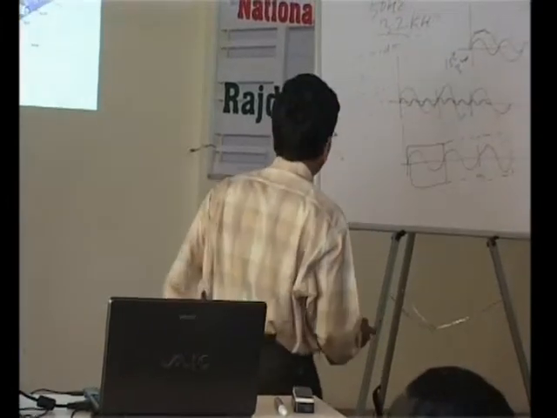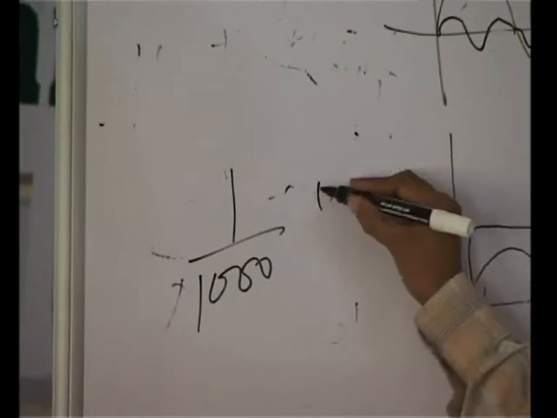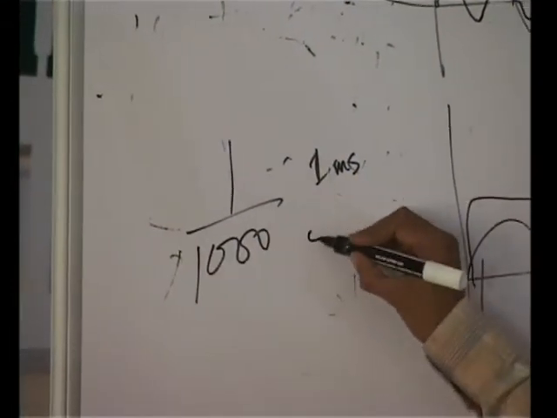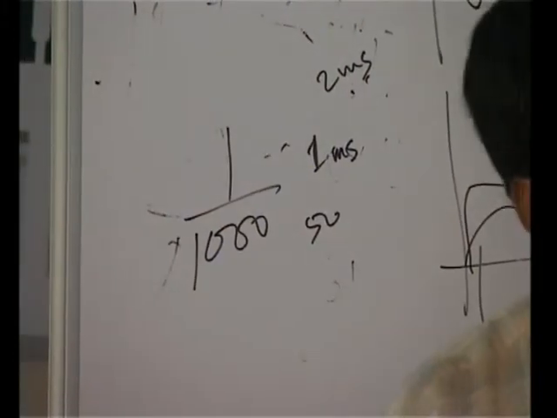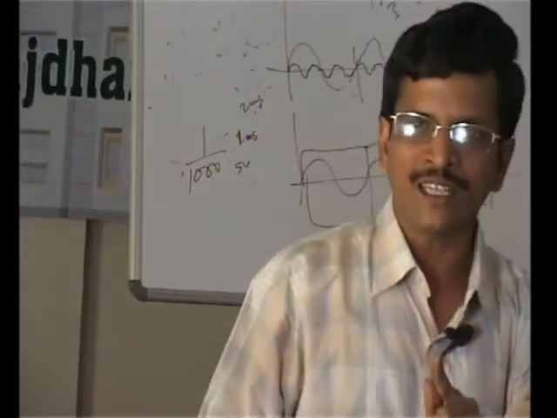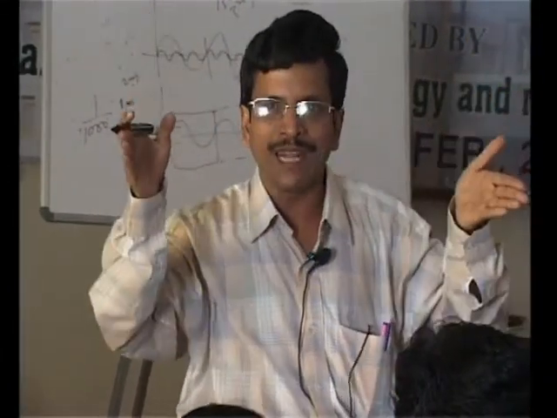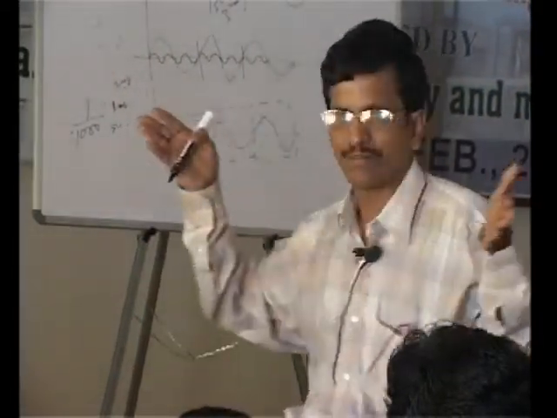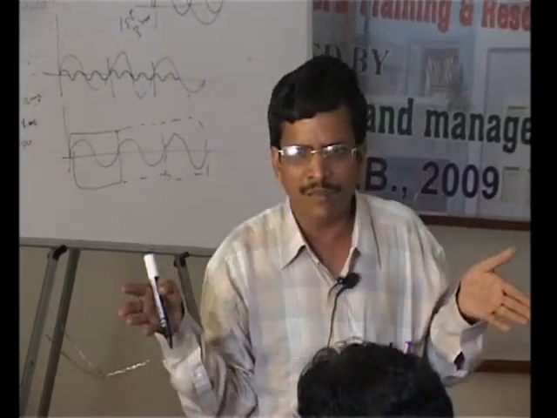Because the time period of 1000 Hz is 1 millisecond. So the time period of 500 Hz is 2 millisecond. So in your signal you have 500 Hz whose time period is 2 millisecond. You have 1500 Hz whose time period is less than 1 millisecond. So if you are taking a window of 8 millisecond, how many cycles of the 500 Hz signal will come? 4 cycles. And the 1500 Hz may come 10 cycles.